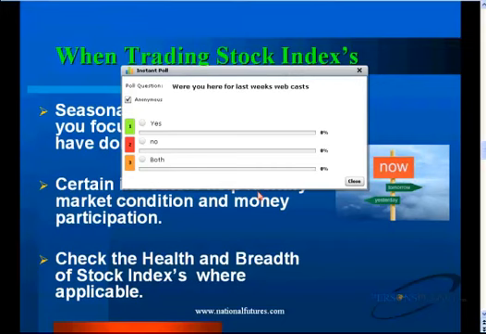When trading stock indexes, what we talked about was looking at seasonal analysis. It definitely helps keep us focused on what the markets have done in the past. If we typically see a January sell-off, I'm sure when everyone looks at the S&Ps today and says, okay, look, we made another new high, most people will say there is no way there was a January sell-off. And the fact is, there was and has been a January sell-off. Not all stocks have rallied in association with this move. And we know that by looking at several different markets.